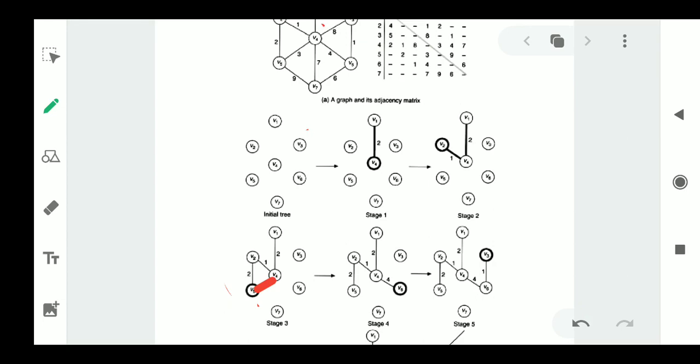So please remember, while constructing a minimum spanning tree, if you are going to choose any least cost edge, you please make sure that it should not form a circuit. Though it is a least cost edge, you should not take that. Why? Because if it forms a circuit, that will not be called a minimum spanning tree. The concept of a tree is that it should not have loops. If any edge you select forms a circuit, that will not be called a tree. That's why we are not selecting this one also. I am not selecting V5 to V4 also.